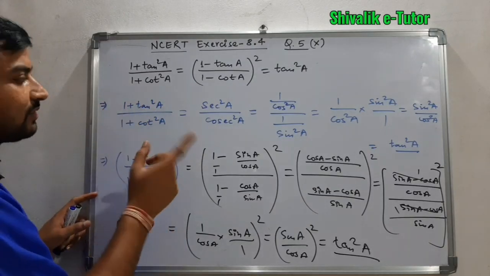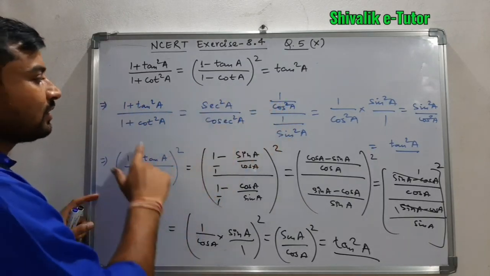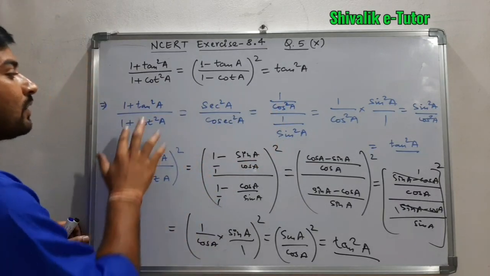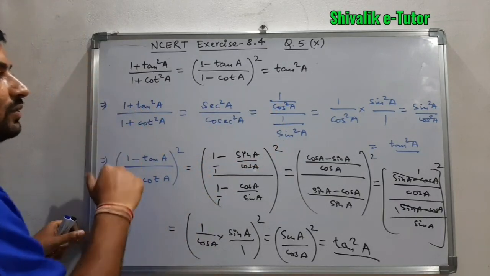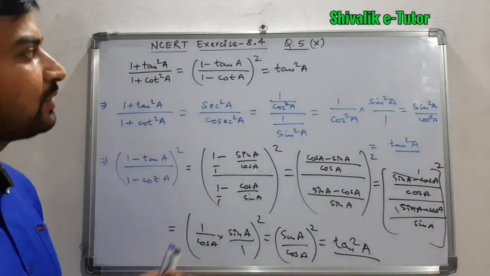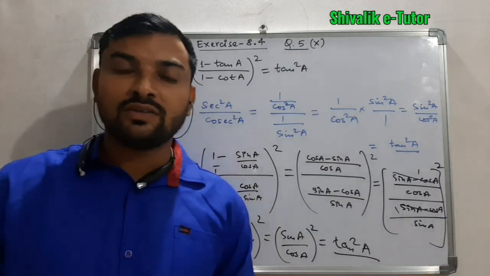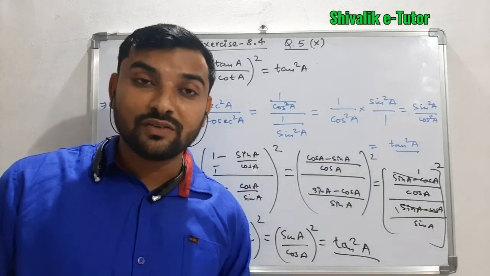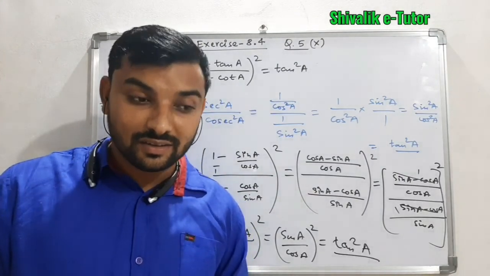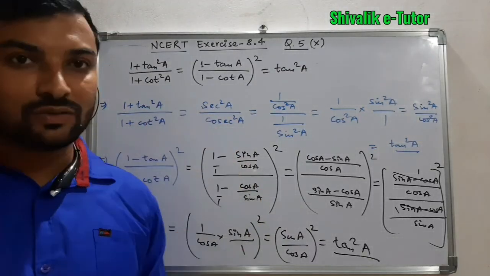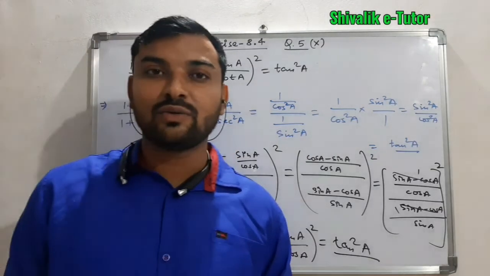In the first part also we can convert this into tan square A. This is the one way. Second way, which I solved here, I use the identities directly, and the third way is to convert tan A and cot A into sin and cos. So there are multiple ways to solve this particular question. So this is all about the question based on the trigonometric identities, where this was my last video based on the NCERT questions, and I tried to solve each